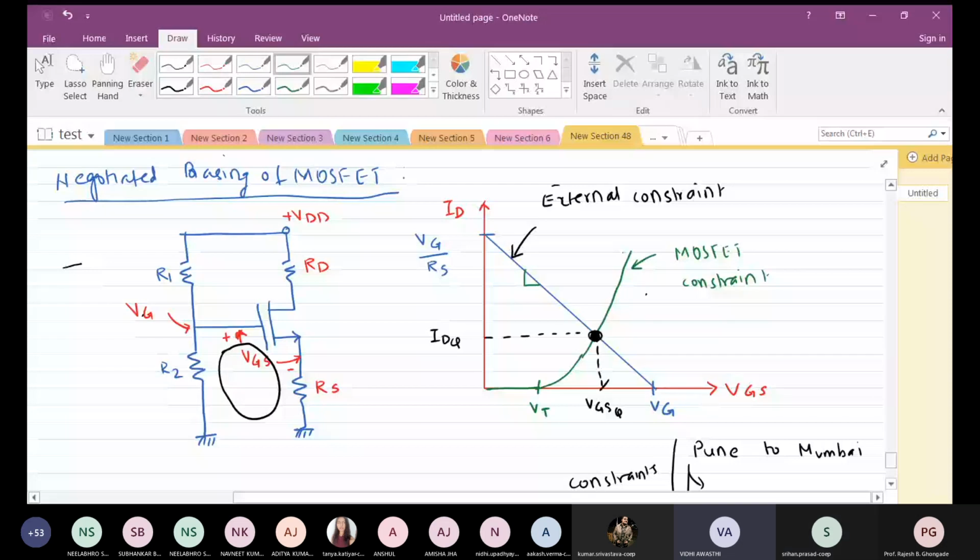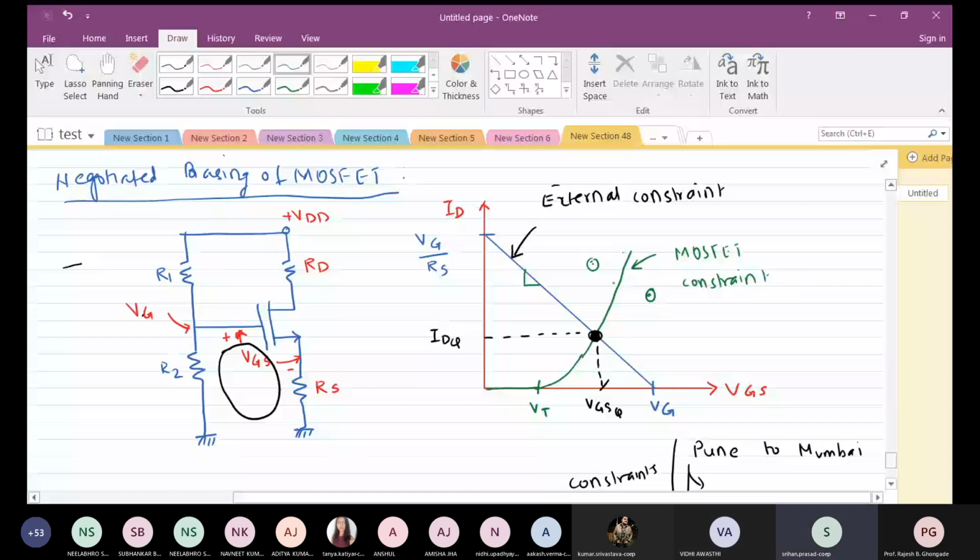Okay. But sir, at the same time, this MOSFET has got its own characteristics. So the drain current, can it lie anywhere else other than this line? Will it be here somewhere? Here? No way. Why? Because it is governed by the MOSFET transfer characteristics. Now we have to find out